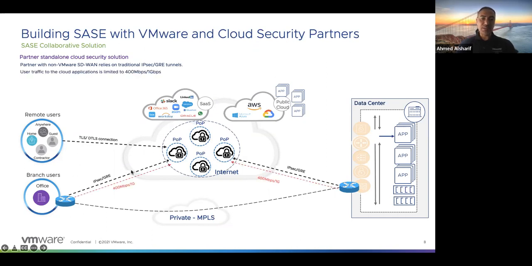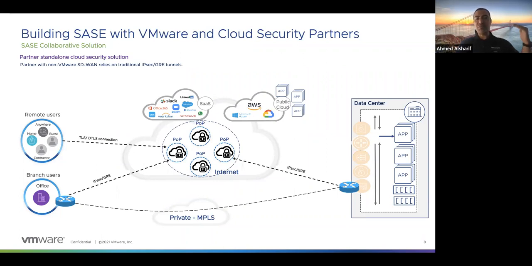And the problem with that, I'm going so fast. You're going with SD-WAN from the branch users to the cloud services with IPsec tunnel and GRE tunnel. That's the model that Zscaler, Netskope, even Palo Alto, even Cisco, who have SD-WAN, use. They are still going to the cloud with legacy components. Remember when I talked about building SASE, nobody has SASE in 2019. They do have the components, nothing is new.